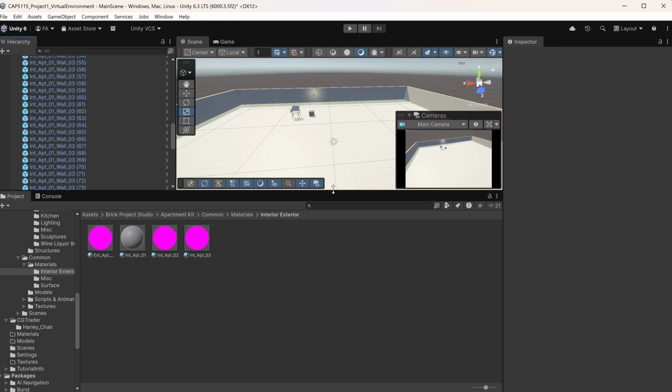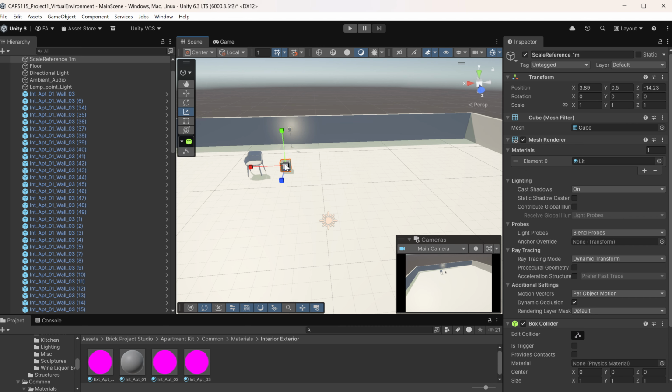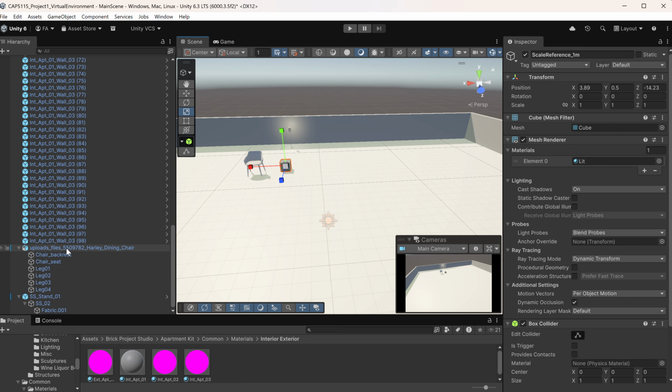Unity cube as a real-world reference to uniformly scale all assets to realistic dimensions. Here you can see the scale for the cube is 1, 1, 1, and using this reference cube, I scaled the CG Trader chair uniformly to match real-world dining chair dimensions. My chair is right here,